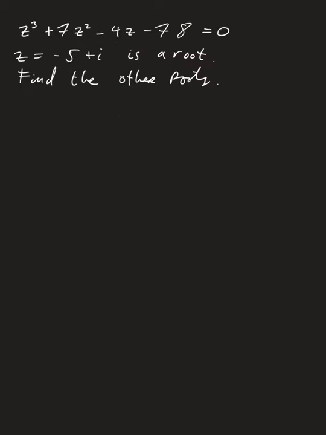So here's another example. I'm given that polynomial equation on top. I'm told that z is equal to minus 5 plus i is a root, and to find the other roots. So straight away I can say that z is equal to minus 5 minus i is a root, because it's a complex conjugate of the first root. So I have two roots, so the two factors associated with those roots